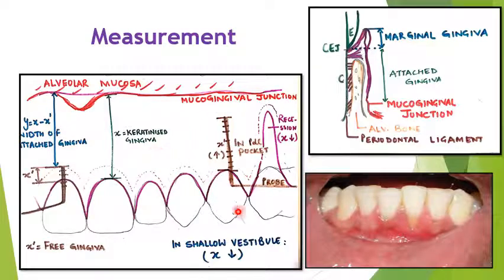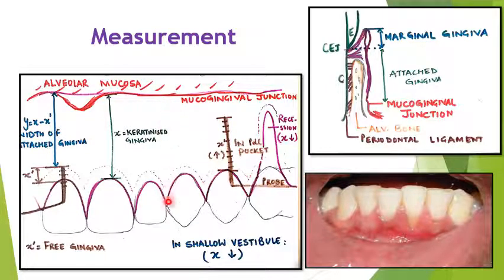In this picture, you can appreciate in what circumstances the width of attached gingiva will decrease. If the total gingiva width decreases, especially in the cases of recession, this is the amount of keratinized gingiva, and if we subtract the sulcus depth, we'll get a lesser amount of attached gingiva. Or if the total gingiva is the same, with no recession from the gingival margin, but pocket depth increases, even in those cases the width of attached gingiva will decrease.